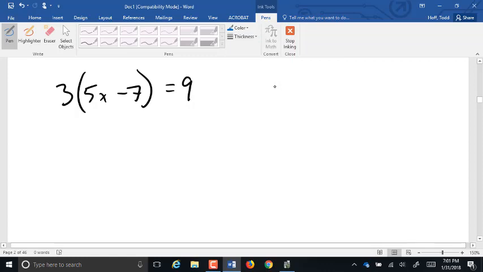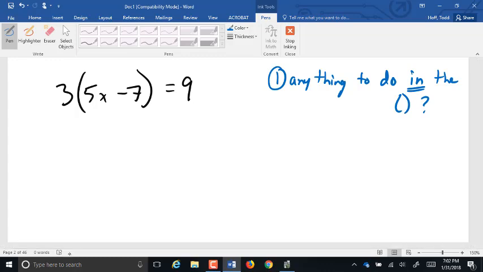3 times, in parentheses, 5x minus 7 equals 9. Anytime we see parentheses, it should scream at us, do something here first. When we see parentheses, there's 2 questions we have to ask. Number 1 is, is there anything to do inside the parentheses? Is there anything to do inside the parentheses here? 5x minus 7, can that be combined at all? No. So the second question,